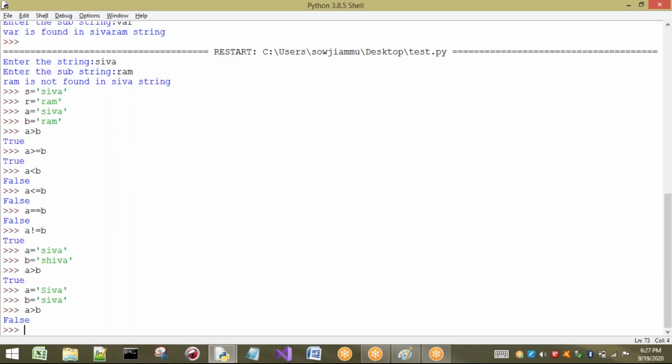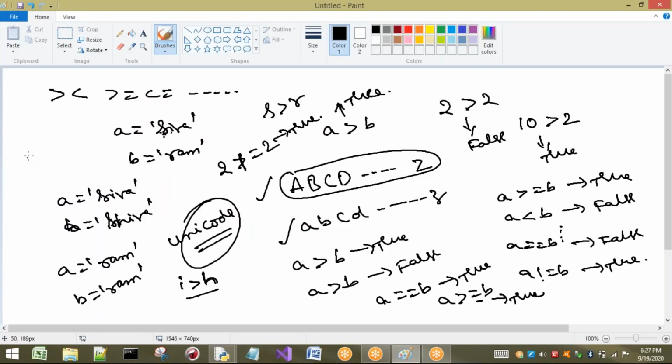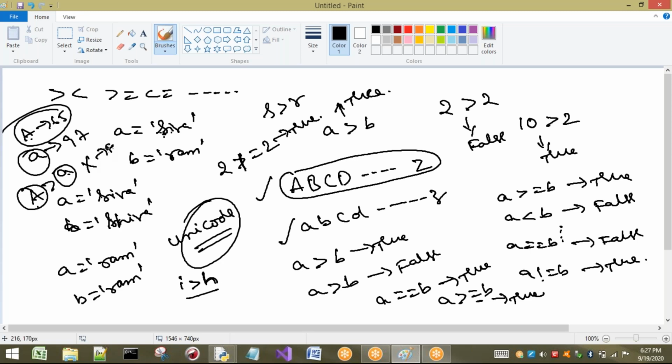So here I will tell you. Small a Unicode is 97. I am going to tell you directly. Capital A is some 65. That means these letters are coming first. After that, small letters are going to be there. So if I ask capital A is greater than small a, is it greater? A is coming first. Its Unicode is 65, and for example this is 97. So is capital A greater than small a? No. It is False.